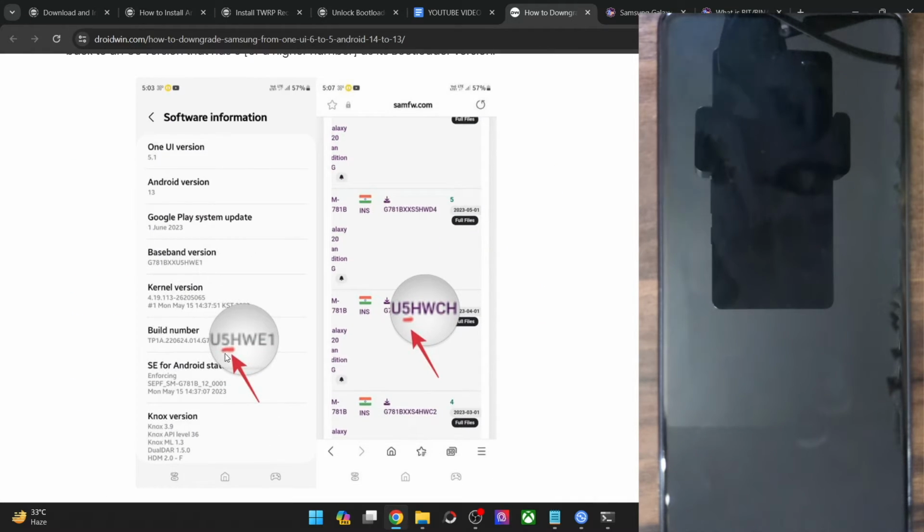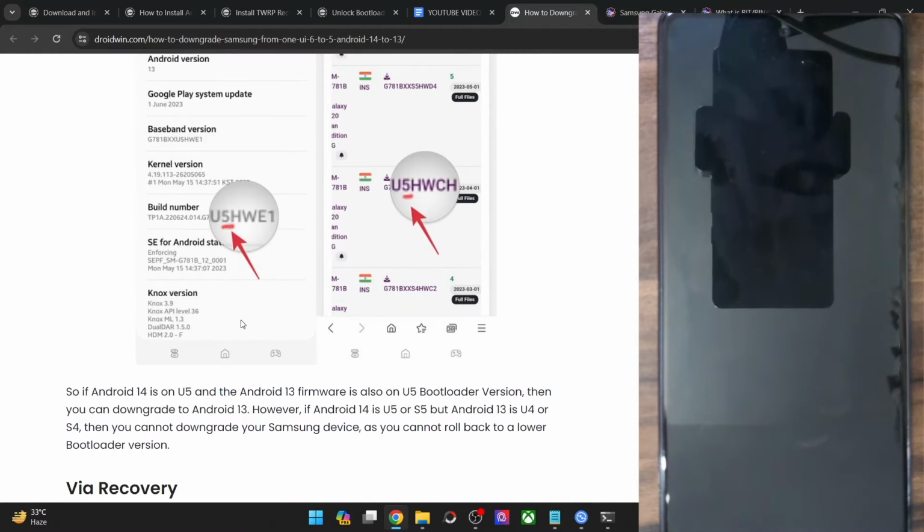If the value is 5, it's always the fifth value from the right. This is never going to change. The fifth value from the right of the build number is your current bootloader version. So it should be at least the same or a higher version. You cannot do a downgrade to a lower version. But apart from that, things begin to take a turn for the more interesting.